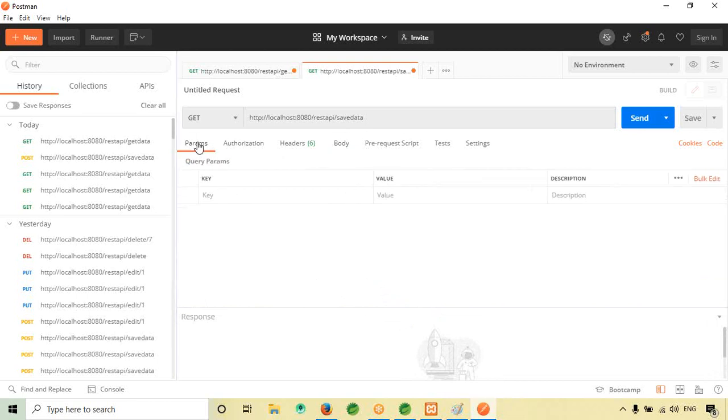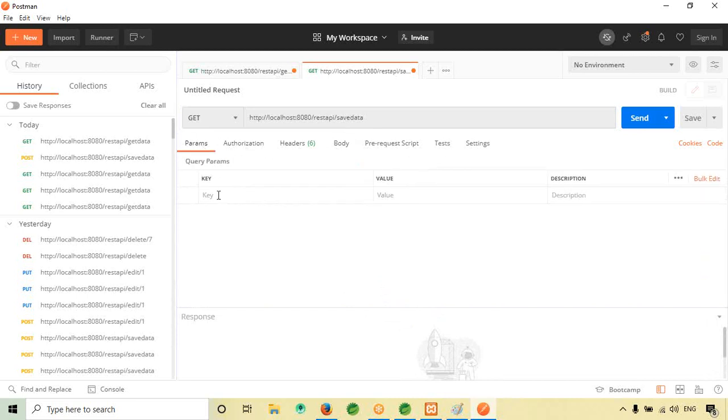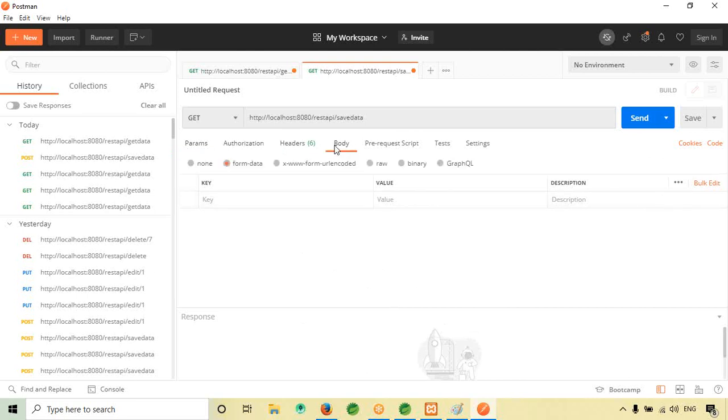The form data and params look similar. Many times, instead of clicking body and form data, people send the data from here and feel there is something wrong with their APIs. It is not like that. There is nothing wrong with your APIs; you didn't choose the right option. You need to click on body, and here click on form data.